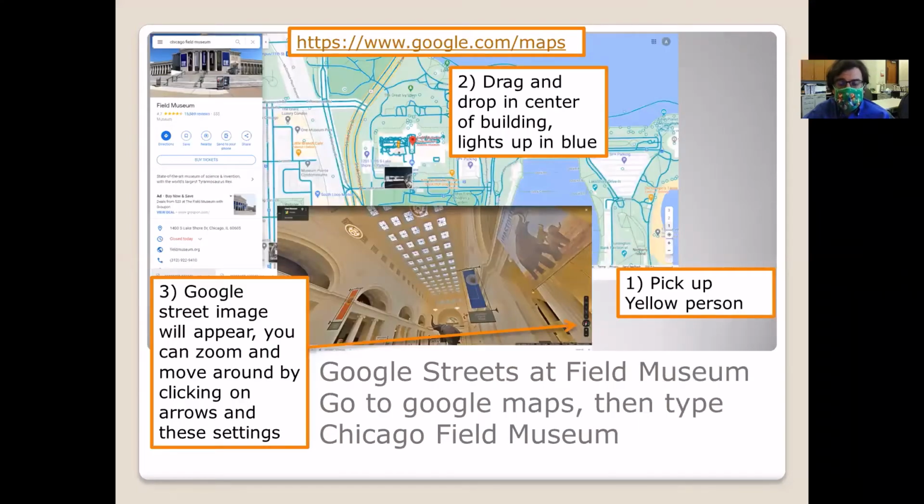Okay, so to start exploring areas virtually, there's a lot of different tools out there. One of my favorite ones is called Google Maps. Some of the places you can go to in Google Maps, you can actually virtually look at what's inside. So you type Field Museum, and there's this